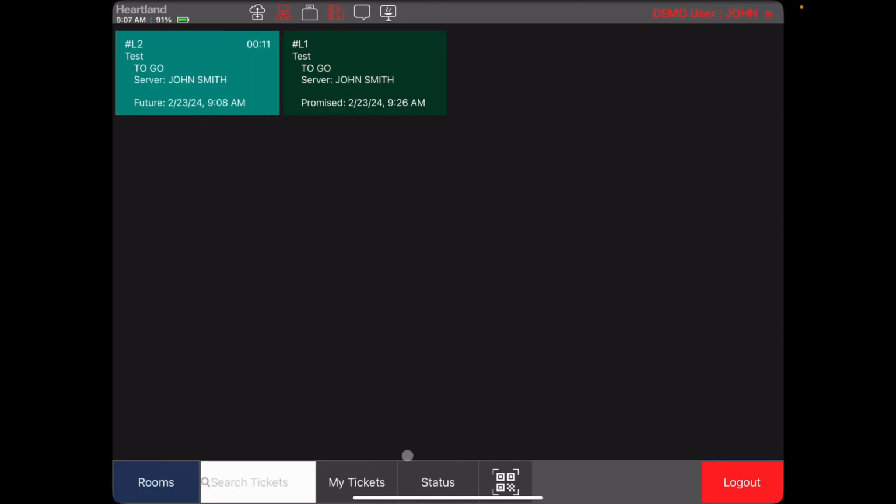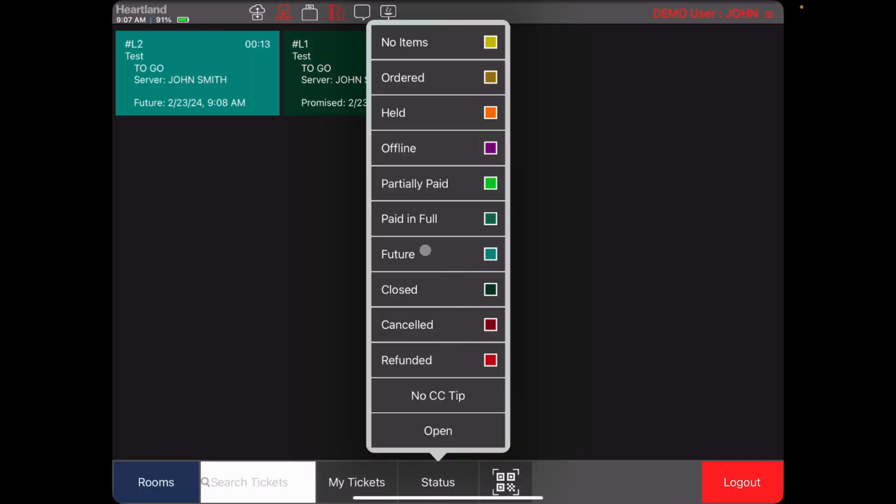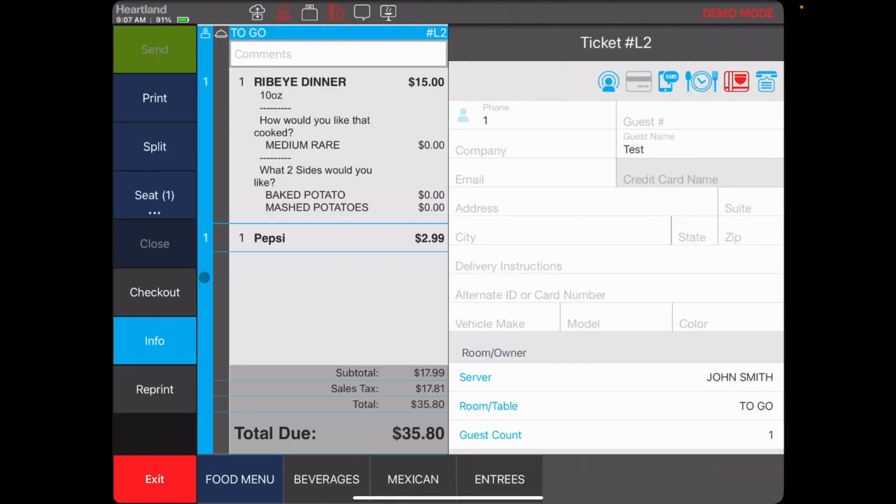So now when we go to our ticket screen, we can see here that it's there, and we can go to our status bar, and it shows us that the future order color is this greenish blue, teal. And you can see here that it also says future order down at the bottom. It tells you what time. Now I can go in here and pay for it,